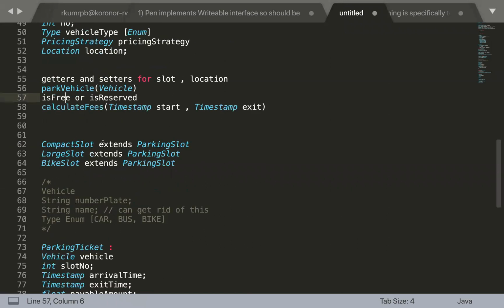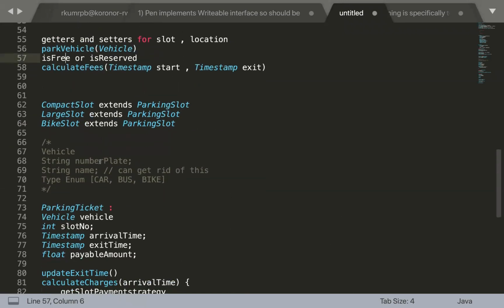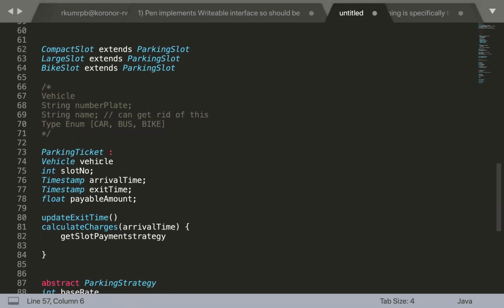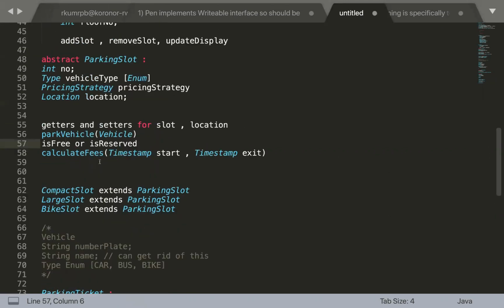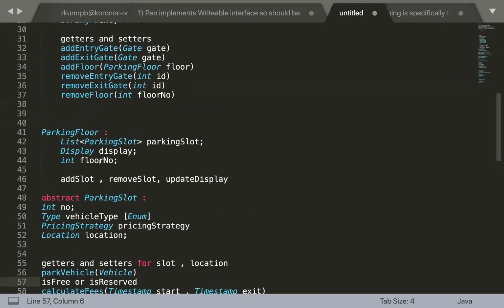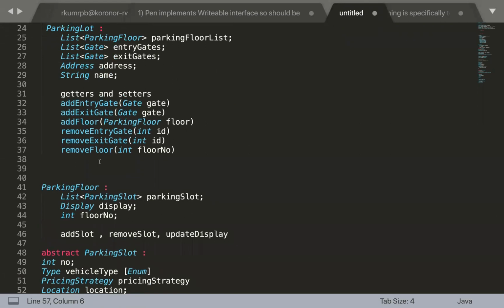So one important method that we have missed is getting the ticket, right? Whenever you enter the garage, you need to be assigned some slot and you need to get a parking ticket. So that will come from the entry gate. Hey, give me a parking ticket. Which in turn is going to talk to the parking lot